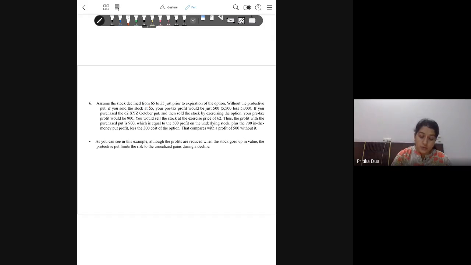So now you are facing a situation where the spot rate in the market is lower than the exercise price. This is the perfect time to exercise the put option, while others in the market will be able to sell the share at 55. You are able to sell the share at 62. While others in the market are selling it at 55, you are able to sell it at 62,